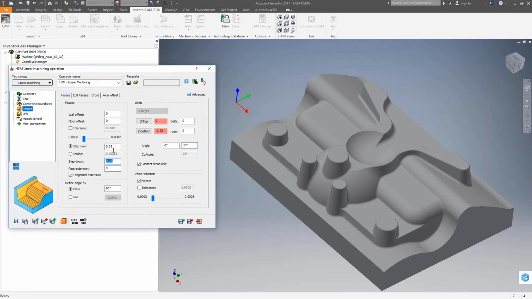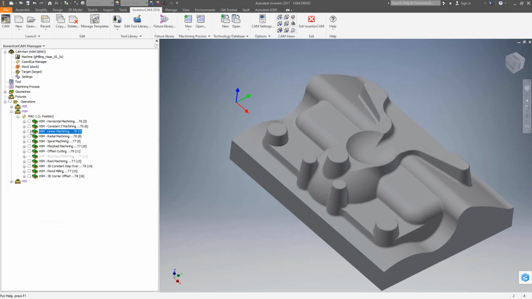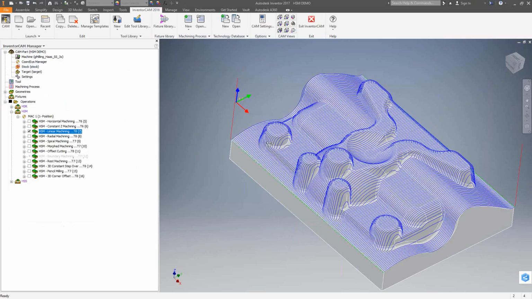I've got a step down and a step over. I'm leaving 0 on the walls and the floor. Same Z top, Z bottom. And again, because we're talking about a toolpath that could handle tapers and curves, I've got angles as well, so I can limit the travel in that respect as well. If I exit out of here, we'll take a look at that toolpath, and you can see that it's zigzagging